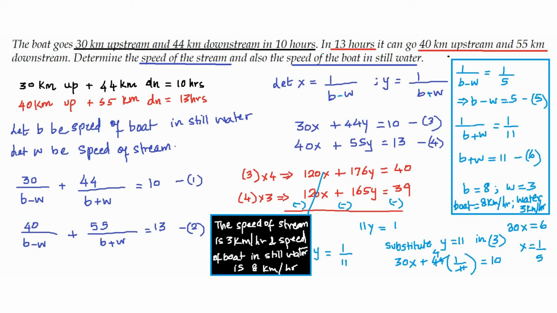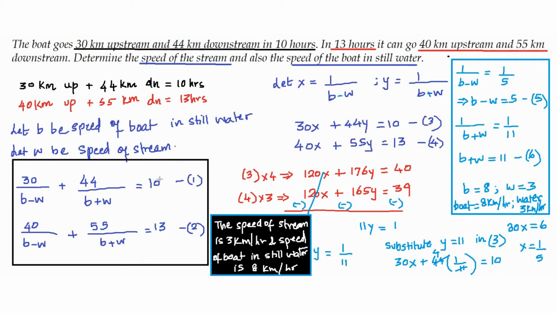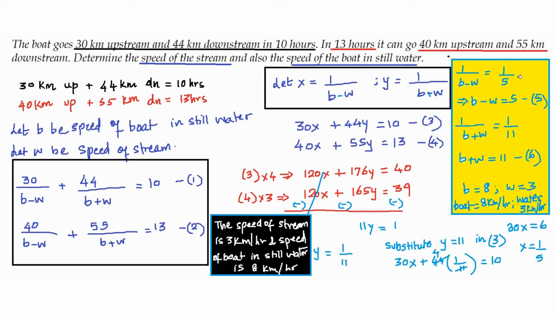And then I used the concept that time is distance upon speed. So I framed the first two equations based on the idea that time is equal to distance upon speed. After these two equations were framed, I saw that the variables were in the denominator. So I went ahead and I substituted x and y as my variables. And then I got two simpler equations. I solved for x and y, and then I found the values for b plus w and b minus w in this particular box. And after I did that, I got the values of b and w, right? So this is essentially how we go about this particular question.